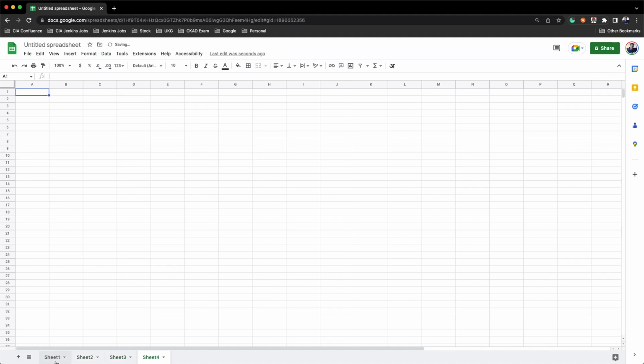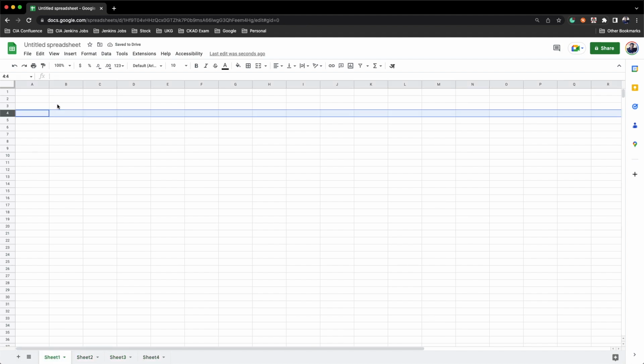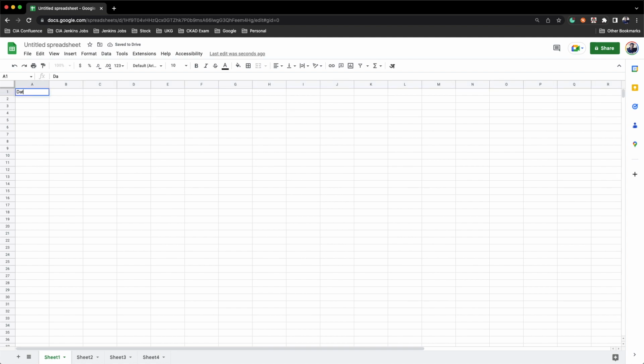So over here you see we have the file sheet. This is the first sheet. If I define some data over here, that will be associated with sheet 1. With sheet 2 we don't get the same data. With sheet 3 we don't get the same data. So every sheet will have its own data, and within a single Excel file there could be n number